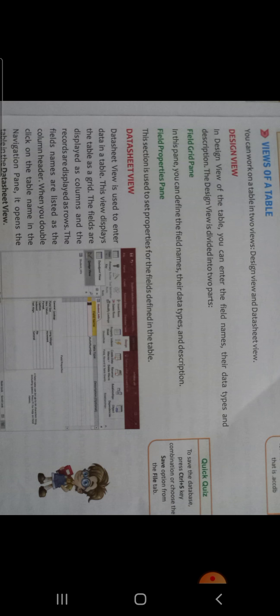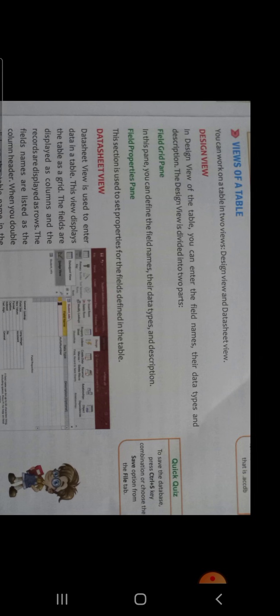Then we would need to create all its objects like tables, queries, forms and reports. We will also do this during the lab. Or, if you want to create it right now, you can follow the steps from the book and create it.